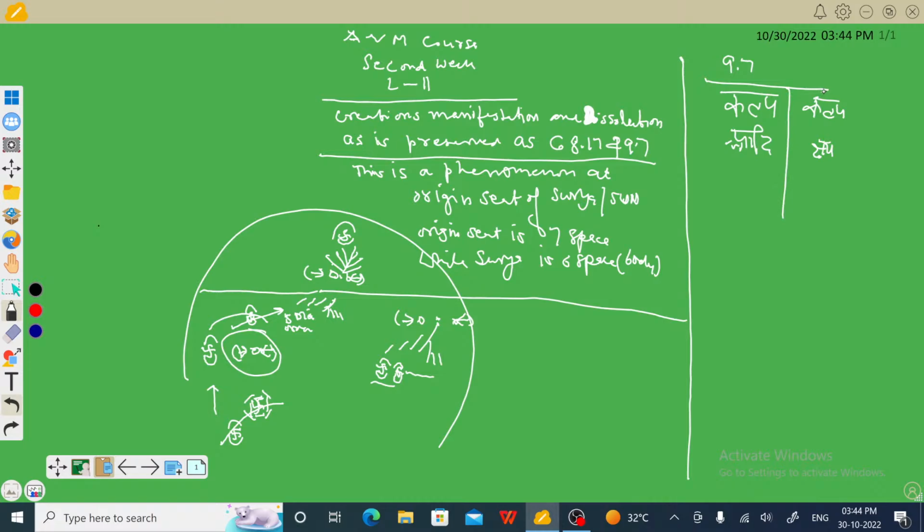There happens creation as of manifested form, that is within creator's space, and at the end of the Kalp it is going to be a dissolution of such manifestation,